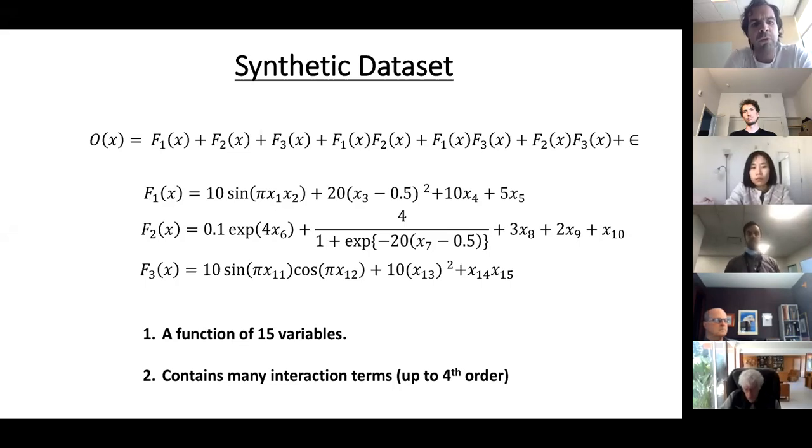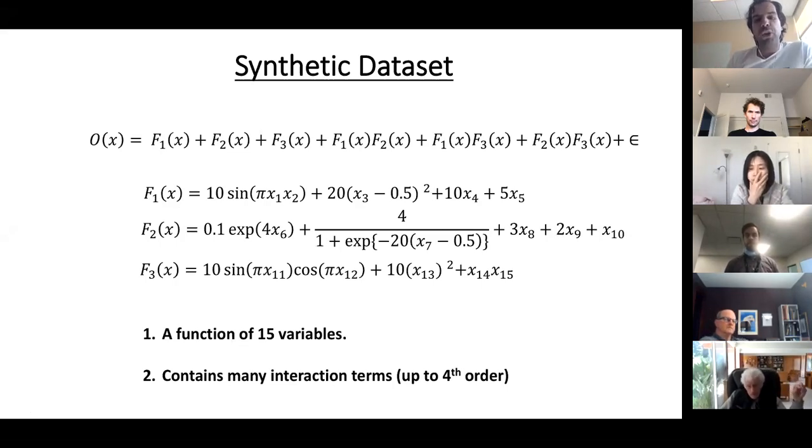That's F1 and F2. And F3 we just made up so that it has a similar feeling to it. Now, these functions have up to 2 interaction terms, but because of the multiplication terms, you introduce many more interaction terms. Every multiplication is essentially, you get all of these terms and you multiply by the other one. So there are up to